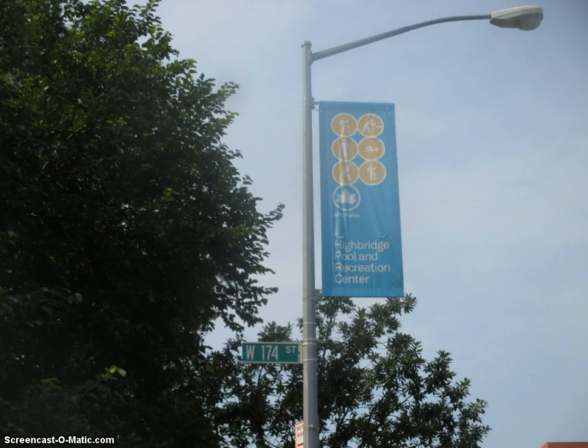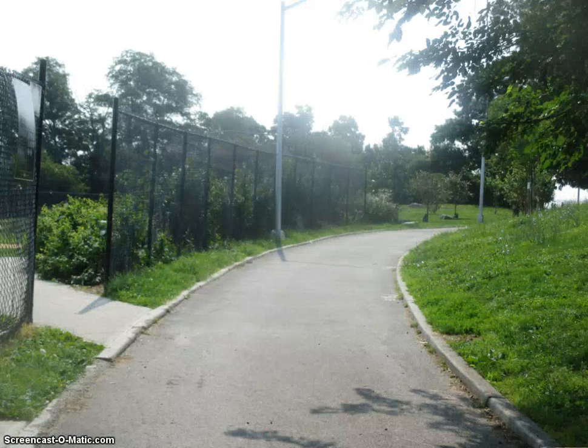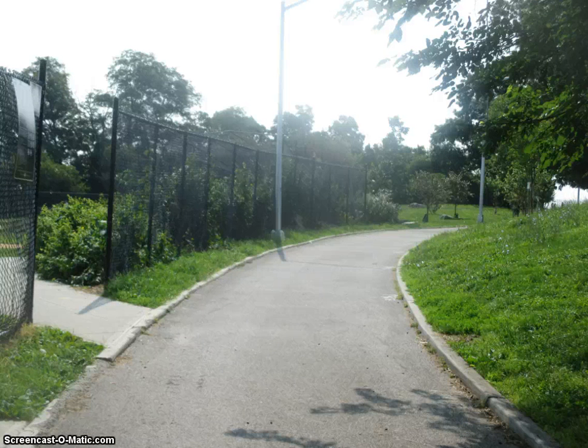I want to firstly explain exactly how to access the Highbridge, both from the Manhattan side and from the Bronx side. So I started in the Manhattan side, so that's what we're going to do first. As you can see, I'm on 174th Street and Amsterdam Avenue. Right there is a sign for Highbridge Park, but that is not exactly how to get to the Highbridge itself. You have to proceed south about 2 more blocks and you will come to this pathway which will lead to